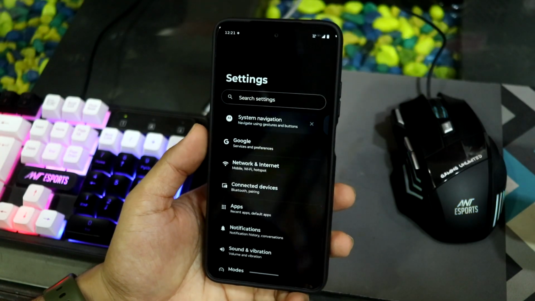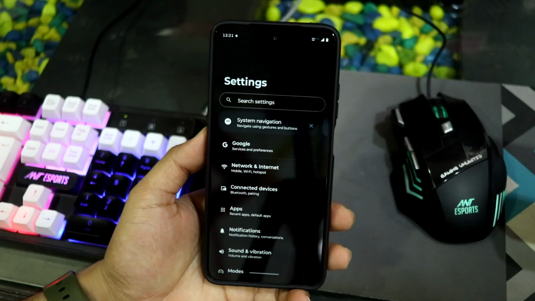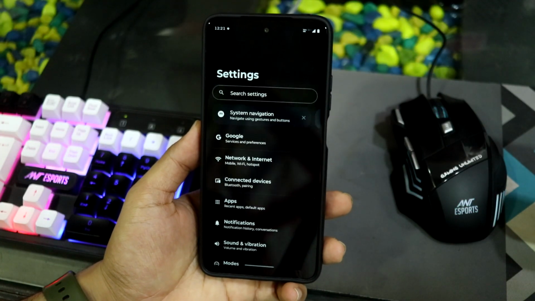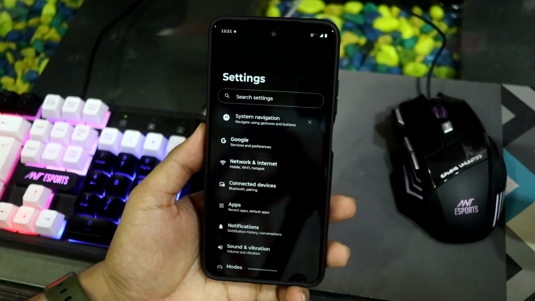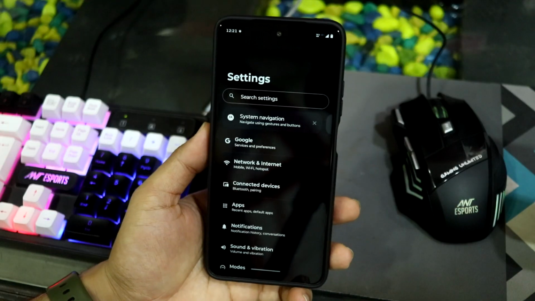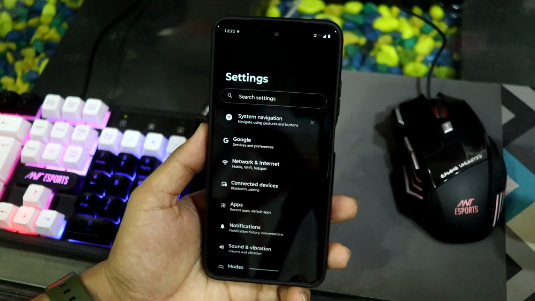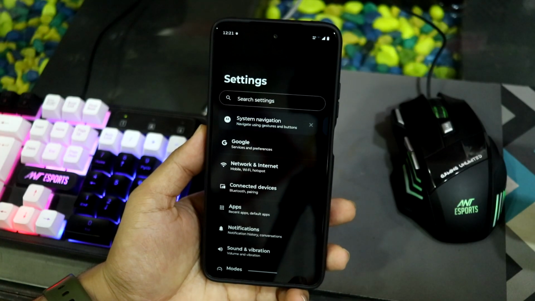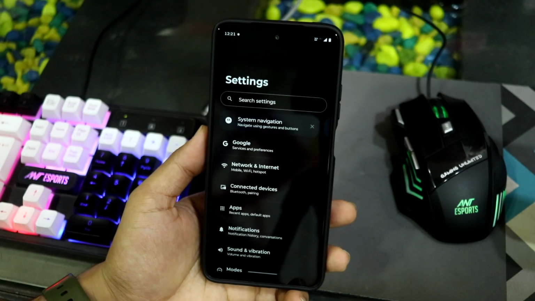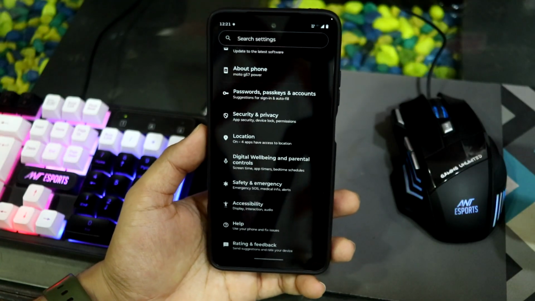To do that, you can follow simple steps which are linked down below in the description. You can check the official Moto method, which is official and pretty simple. You ask for a device code, you get it within minutes in your mail, and then you can easily use that code to unlock. You need to use fastboot two times, and then you get the code. Just make sure you copy the code somewhere on your PC locally, or save it somewhere, click a photo, and then you have to remove some stuff. You get all the small details and info on the Motorola site, so make sure you follow all that